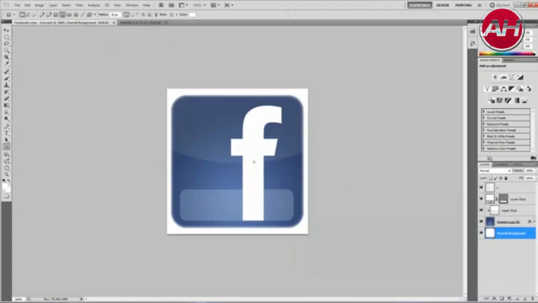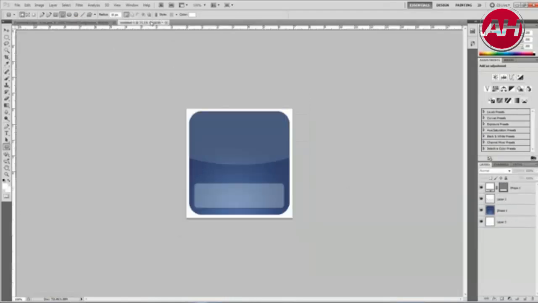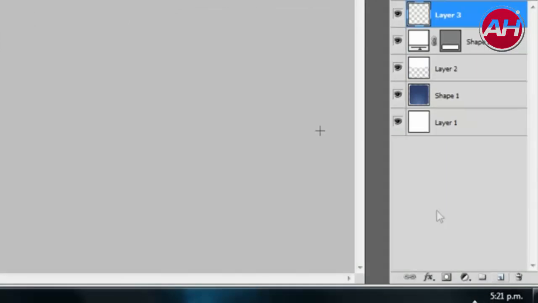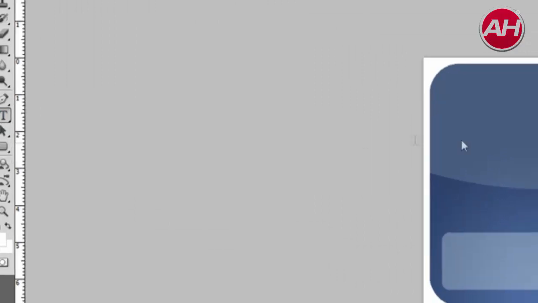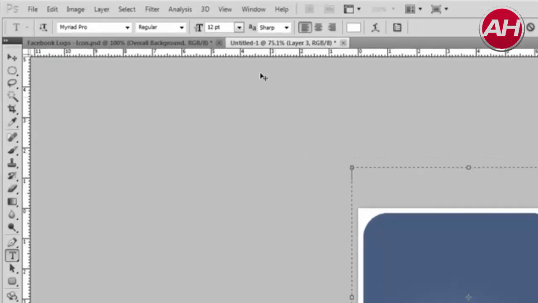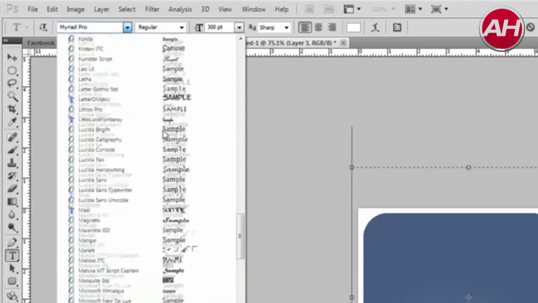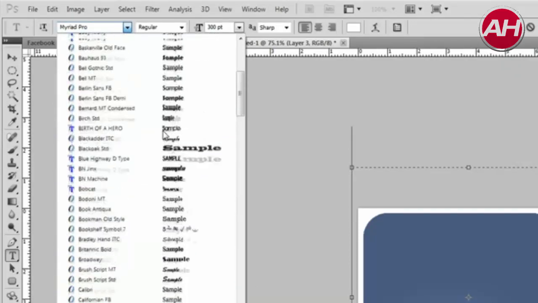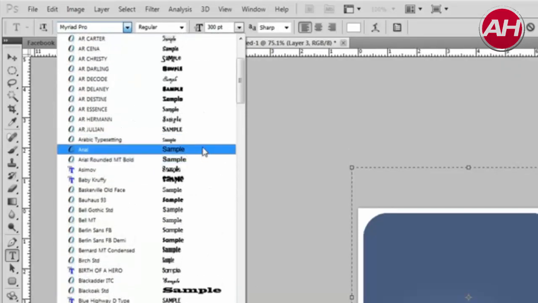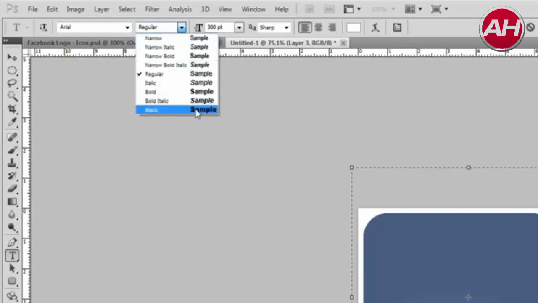But now what you want to do is create that F, and to do that you want to create a new layer, right click the text tool and then select the horizontal type tool and just draw a massive box, and you want to change the size to about, I don't know, let's just do 300 at the moment and hit enter. And the font that I'm going to use is Arial, and where is that? Okay, there it is right there. And I'm going to change the mode of the font to bold,